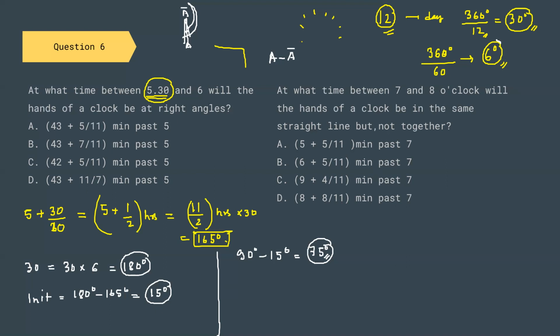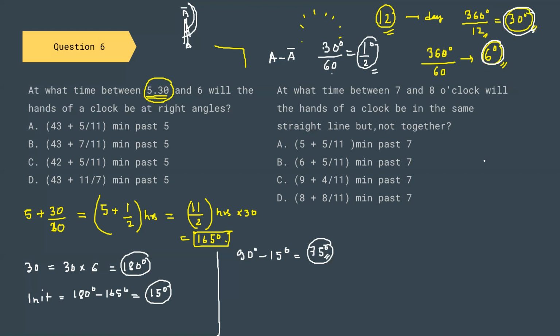Per minute, the minute hand covers 6 degrees. Every hour, the hour hand covers 30 degrees. So 30 divided by 60 is equal to half a degree. That means at every minute, the hour hand is completing half a degree. In a single hour the hour hand covers 30 degrees, and in every minute it covers half a degree.